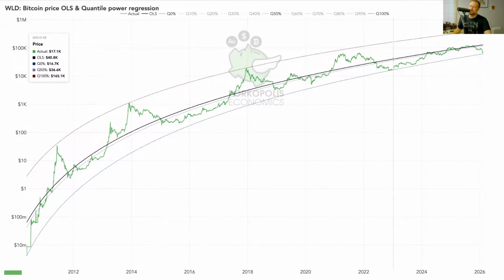So we can go to the end of 2022, 40K, right? 40K is the OLS you see right there. At the end of 2022, let's see when we hit 80K. Right, the end of 2024, almost. So this was doubling a little bit faster than every 2 years. We're about 2-year doubling right now, slightly longer even. And that's what Bitcoin does.